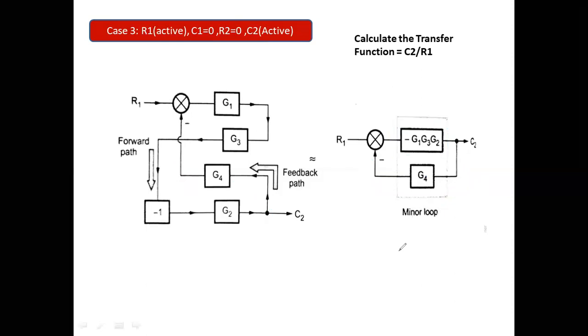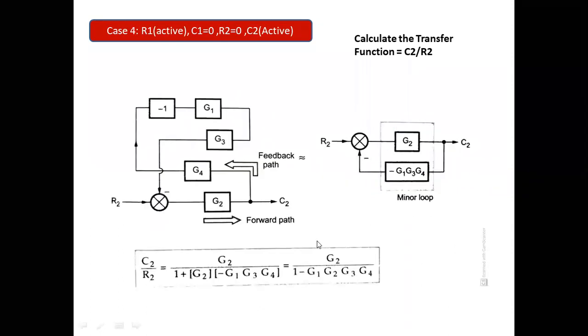Likewise, you can find out case number 4, the last case of this particular multiple input multiple output system. And again, the reframing and reshaping of the diagram is essential. So here is case number 4, and in this case it is very easy, and again the concept is the same. Here we have to take C2 and R2 into consideration, and the other output and other input would be deactivated, and that is something which I have written over here.